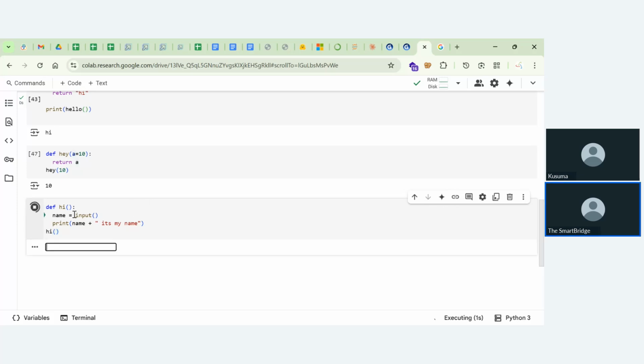Now if you execute this function, it will ask you to enter the name. Suppose my name is Surya. If I enter Surya, it gives the output because we have given the input. Now if you give this input here, and if you call the function here,